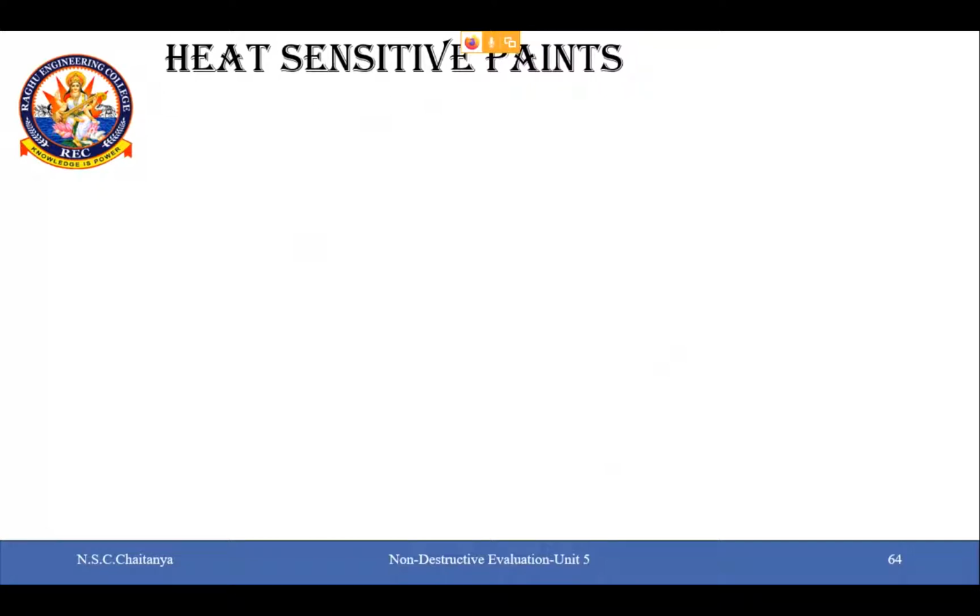Coming back, in industrial thermography, we require heat sensitive paints because in many industrial applications, parts will fail if they are subjected to elevated temperatures. The cause of these temperatures can be numerous depending upon the application. So it becomes important for us to monitor the maximum temperature that a part is being subjected to. For this purpose, different thermal sensitive coatings, paints, stickers, etc. will be used. We will be discussing all of them, and the first one that we will be studying today is heat sensitive paint.